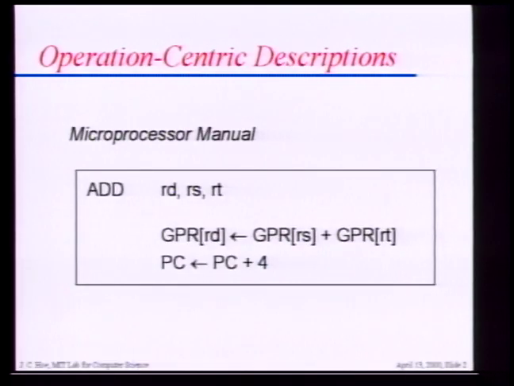So almost all high-level hardware descriptions are operation-centric. For example, we can look at a microprocessor manual. What a manual tells us is how are the states of a processor updated when we're executing a particular instruction, right? And at a high level, we understand that the behavior of the processor should correspond to some sequential interleaving of these per instruction operations. And furthermore, we also assume that these operations appear atomic. Right? This may not be how we actually implement this processor, but that's really how we think about and interpret